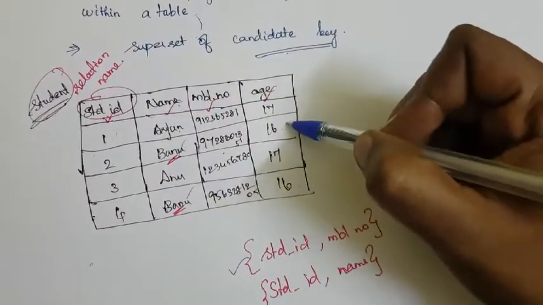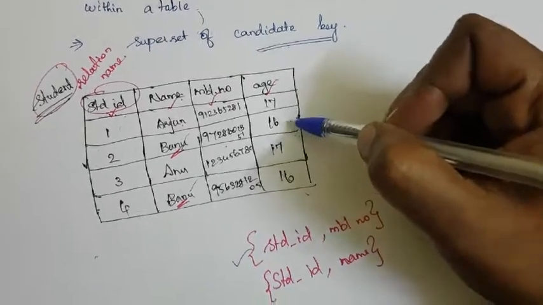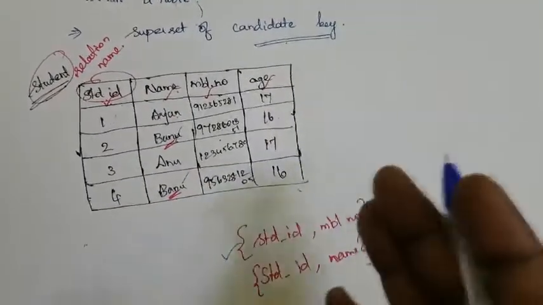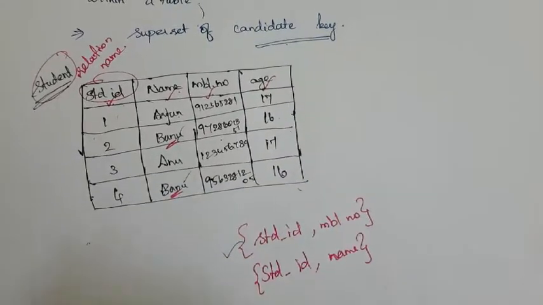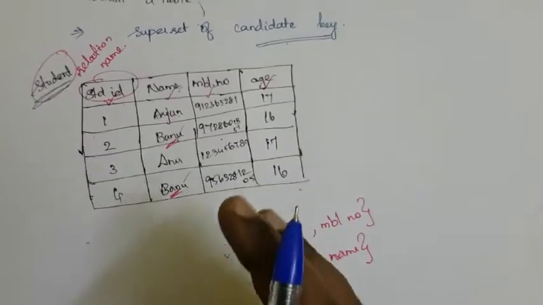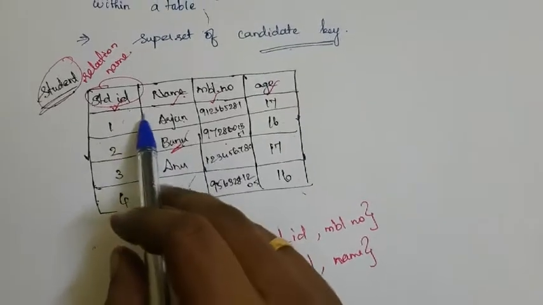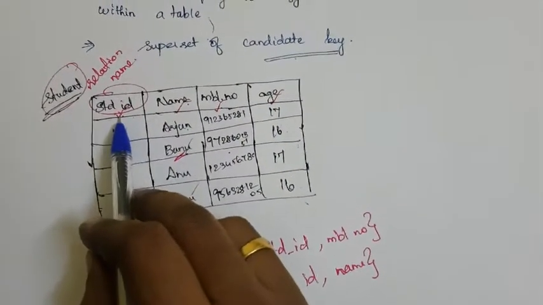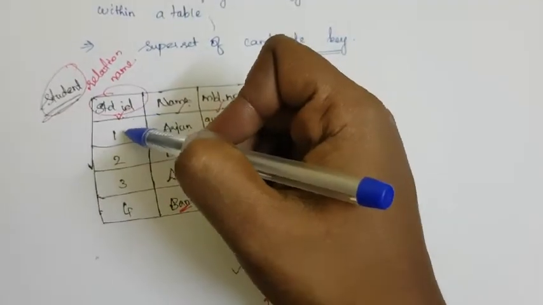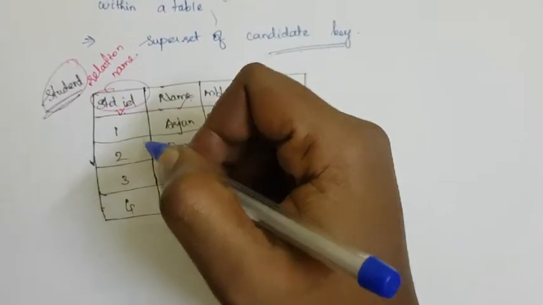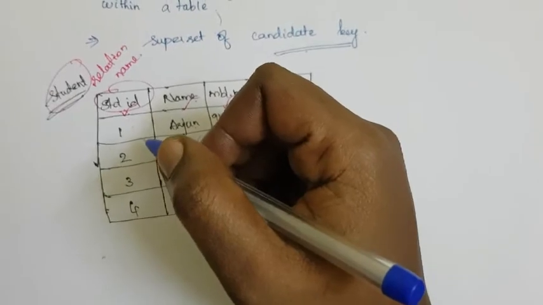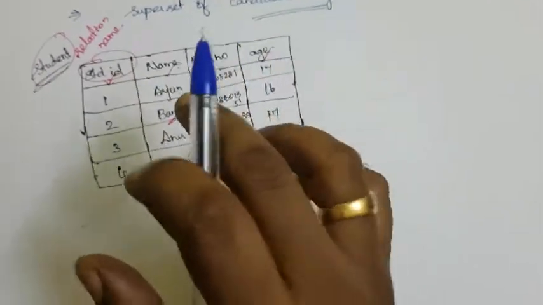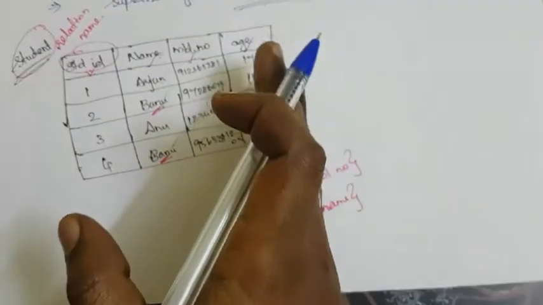See, look at here, both ages are also the same. So definitely there will be some confusion in it, right? And the value of a candidate key must always be unique. If you are taking an attribute as a candidate key, for example, this student ID, this student ID should have unique values. This should not be the same. Unique means it is different, right? Not the same. So the candidate key values must be unique.